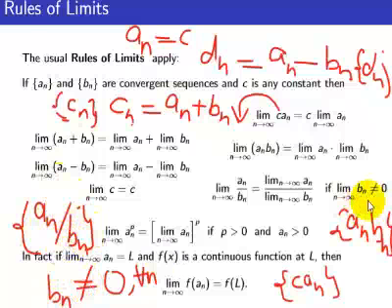By assuming these things, then we can talk about the limit of this rational term, right? The limit of this rational term is equal to the limit of a sub n divided by the limit of b sub n, right? Okay,